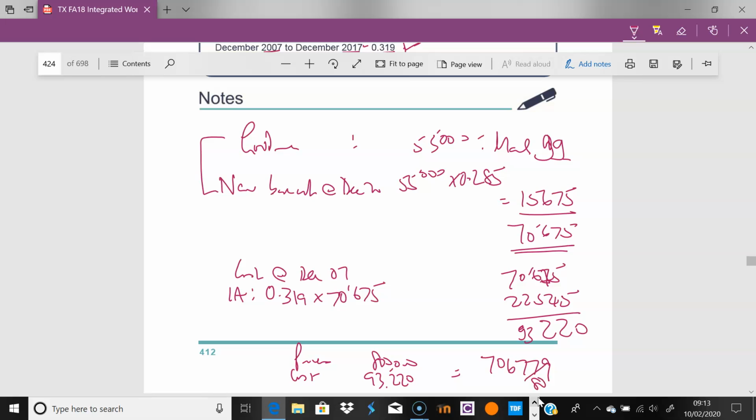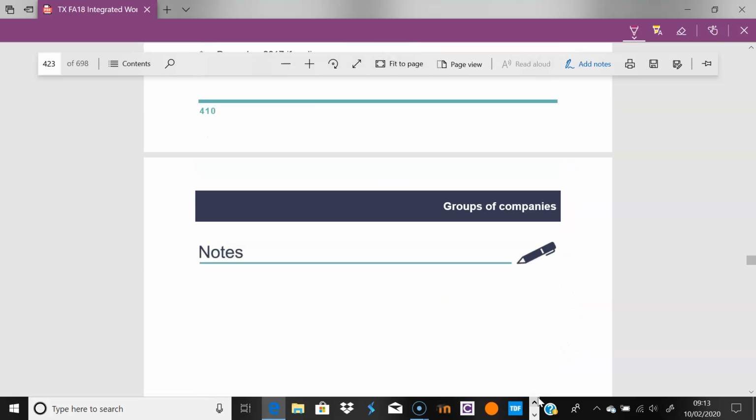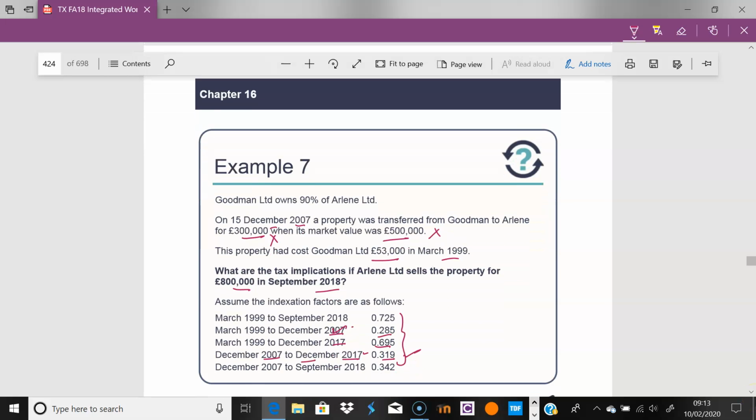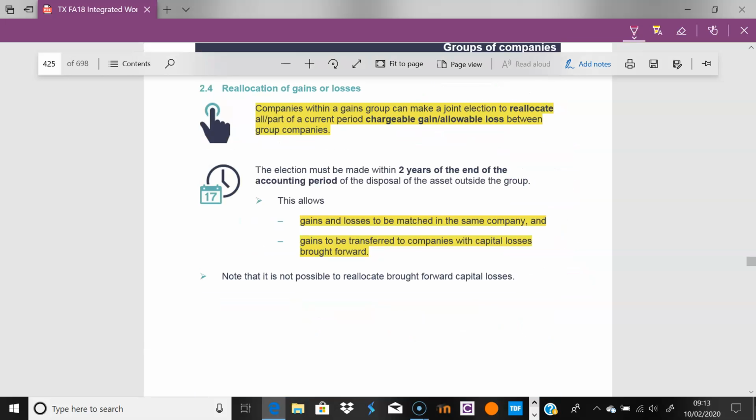I mean, you could have, again, it's just inflation. They give you a number of issues there. You could have gone from March here to here. You could literally have inflated this 53,000 by this figure times 0.695, and that would have gotten you your inflation, or 53,000 times 1.695, and that would have taken you to your final cost, right? Because that's all inflation is, just that added on top of that. Okay, great. So that's that.